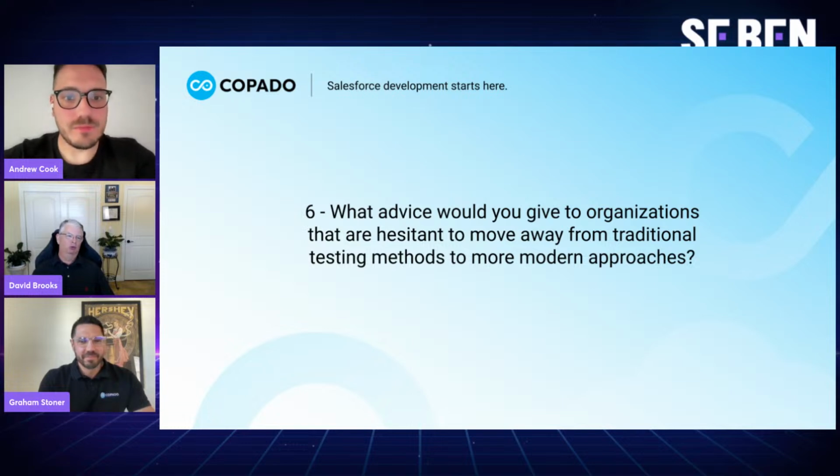It's a huge move, right? Yeah, it is a huge move. One thing that I'd probably say is to start small and scale up. So maybe start with a pilot project. That's how I've seen these things kind of work in the past. So not trying to overhaul everything at once, and